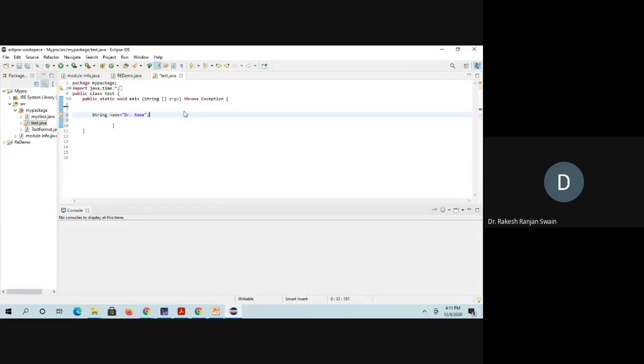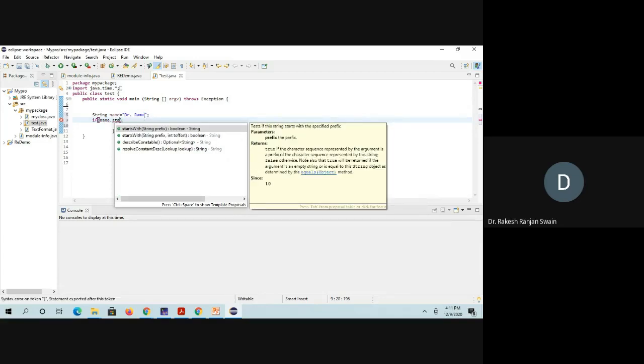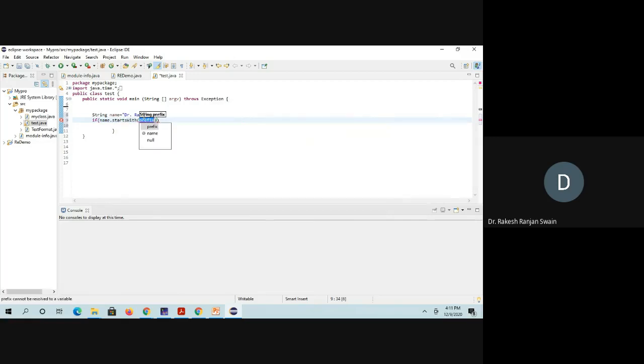Then here I check, if the name, the string, that is the object, then the method name is startsWith, and here the prefix will be passed. Any part of the string you can pass. Suppose I pass only Dr inside this as the parameter.